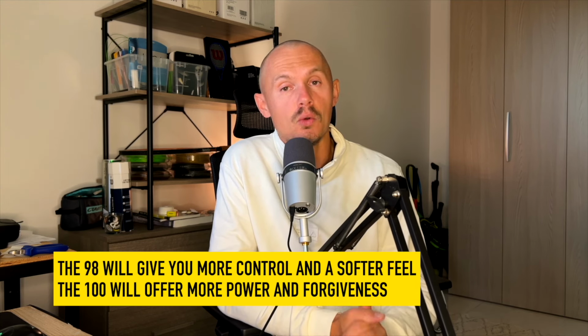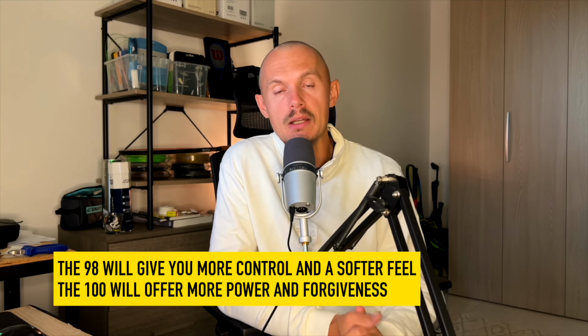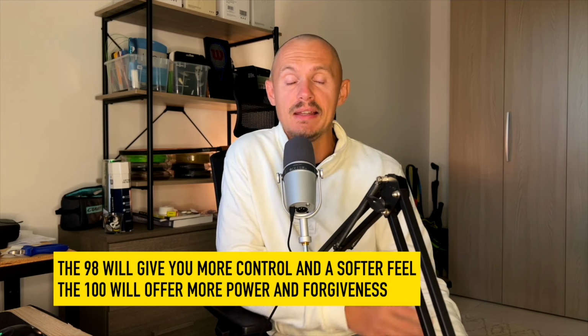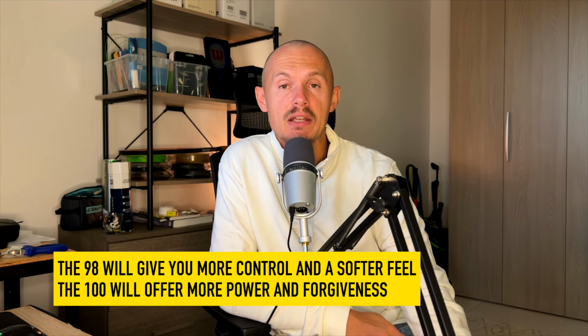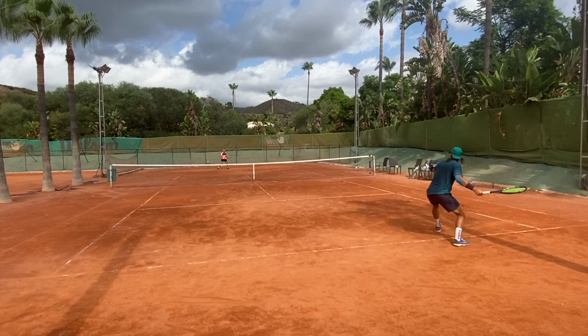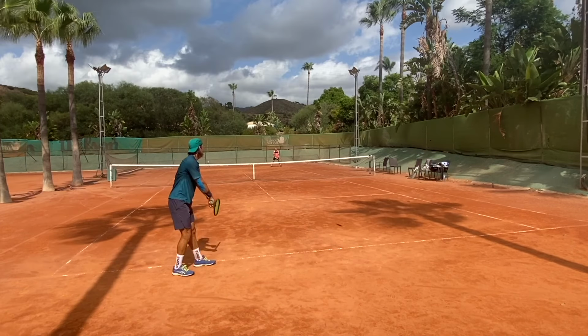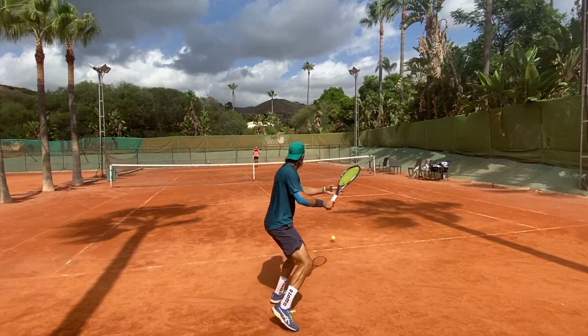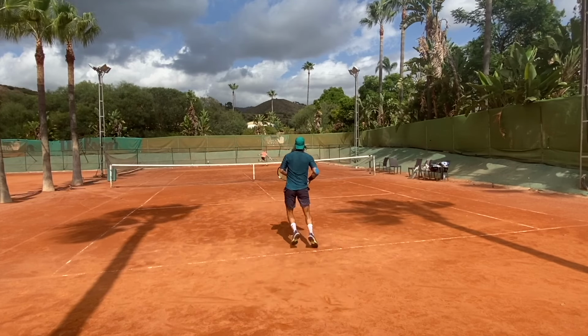Ezone 98 is also a great frame, gives you a bit more control, and is a great option. I tried the Ezone Tour together with Miguel here, who also plays on the ITF Seniors Tour. He's played on the ITF Futures Tour before. Now he plays some Seniors plus 35, and he's actually won 2 recent events. Very good player, Miguel. He played it with the Grapple Snake Game Changer, and he really liked the response of